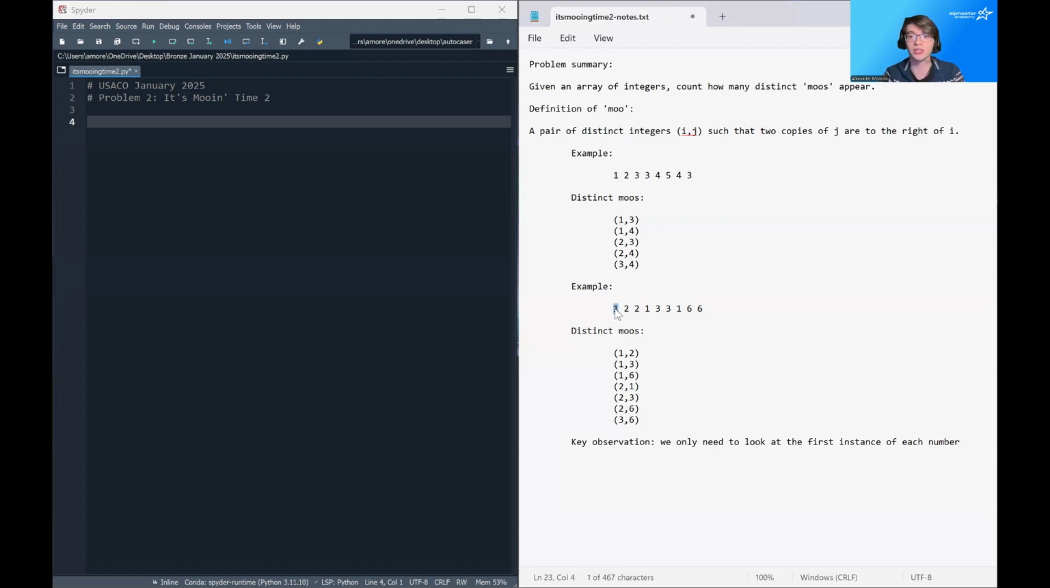So we're going to look at the first 1 and count how many moos are associated with the first 1. Then we're going to look at the first 2, count how many moos are associated with the first 2. Then we look at the first 3, count how many moos are associated with the first 3, and then look at the 6, count how many moos start with the first 6. So this simplifies the problem because we only need to look at the first